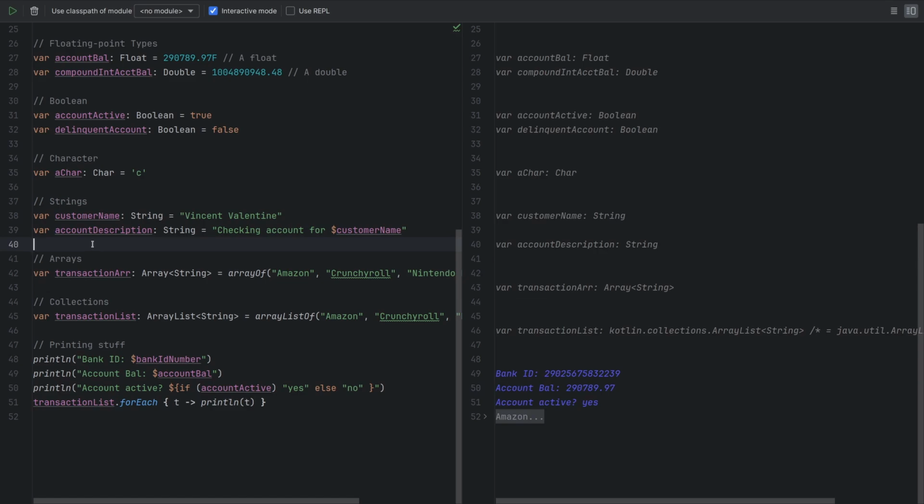Strings have what is known as a string template. To create a string template, we simply use a $ sign. On line 39, where we create our account description variable, what we have is, in double quotes, "checking account for $customerName". What this tells us is, following this $, we're going to actually look for this variable name here. As we can see here, customerName is on the line before, on line 38, and we've given it